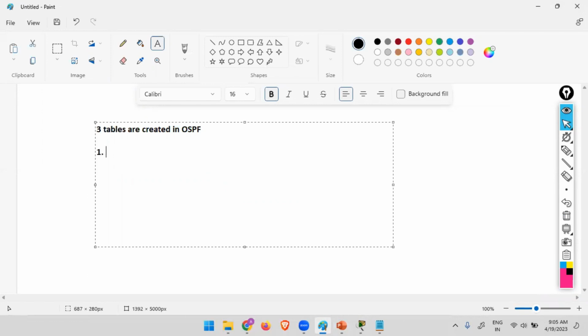The first one is neighbor table. So if you want to check the neighbor table, the command will be show IP OSPF neighbor. Okay, show IP OSPF neighbor. Then second table is OSPF database, or also known as topology table. To check that, the command will be show